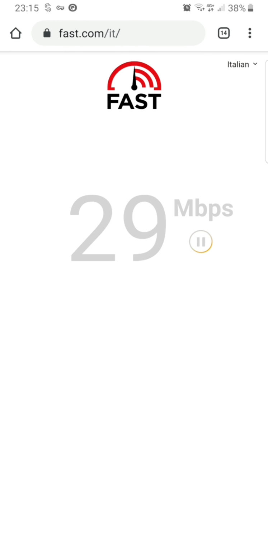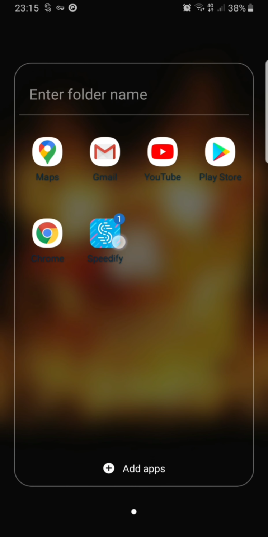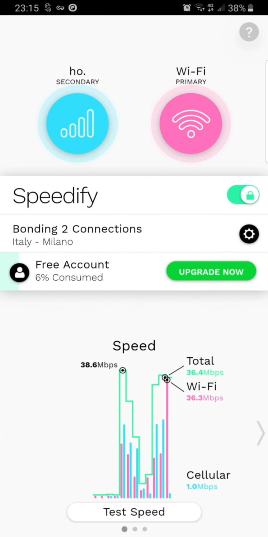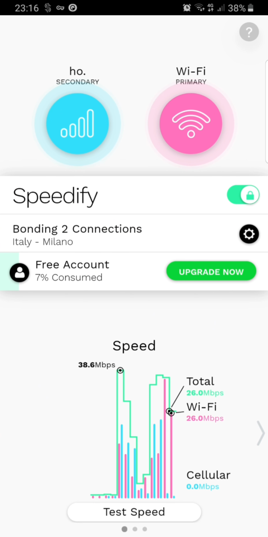As you can see, this is both the Wi-Fi and the data at once. It counts 29 MB per second, far better than the Wi-Fi only, which is the first one. There are also some cool features, which is